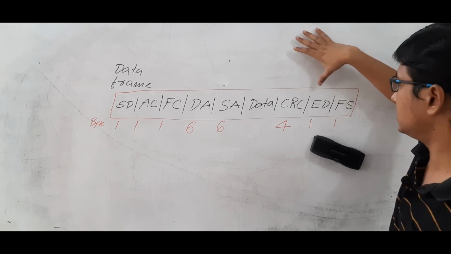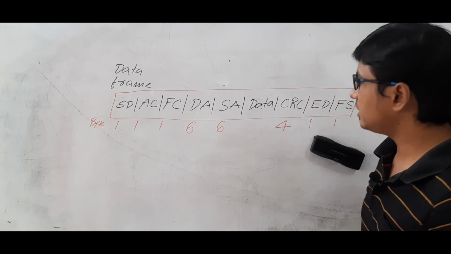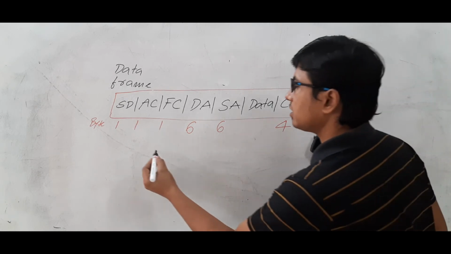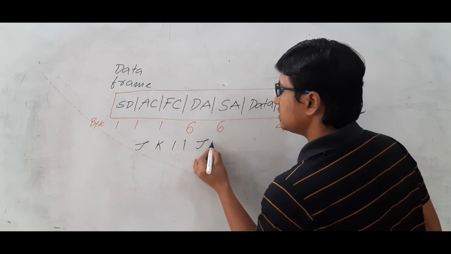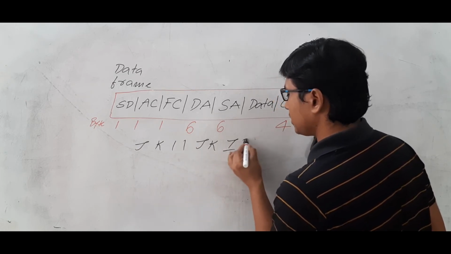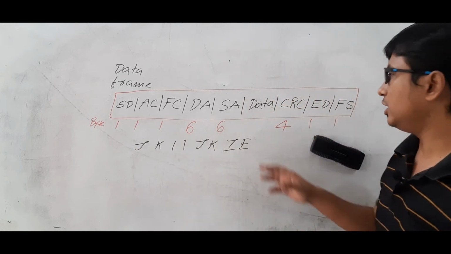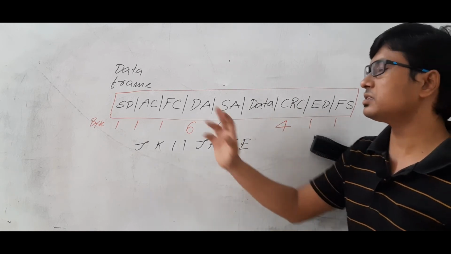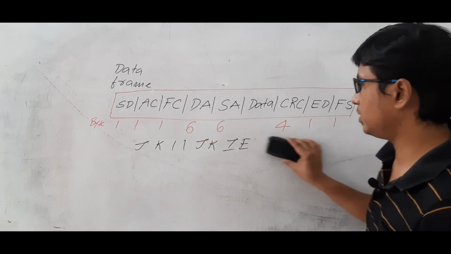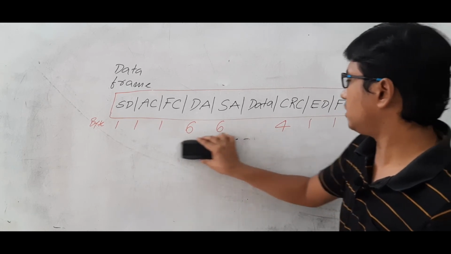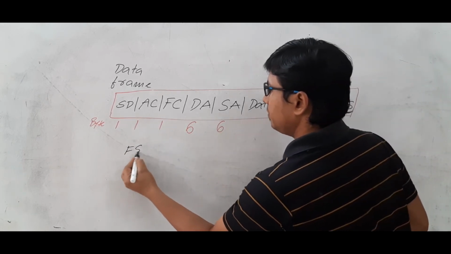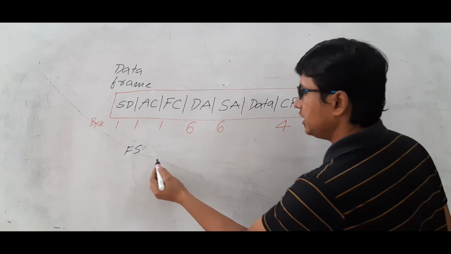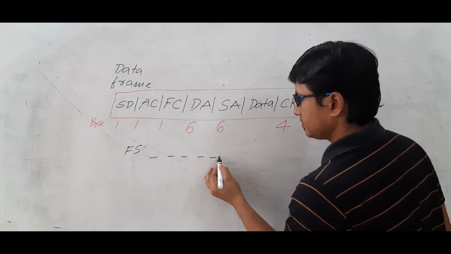And coming to the end delimiter, again it uses the same pattern as in the token. We have J K 1 1 J K I E. Okay, so this is the pattern it uses in the end delimiter, same as in the token frame. Okay, and coming to the frame status, the frame status will again have 8-bit information,